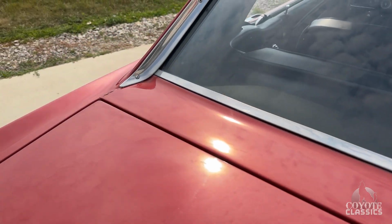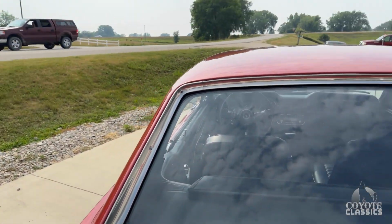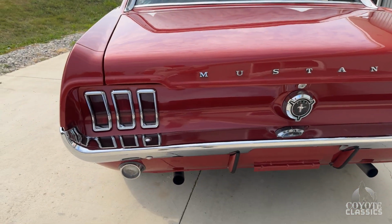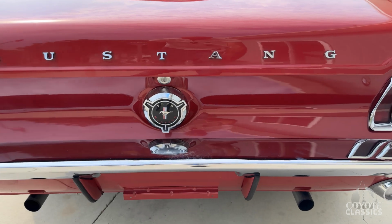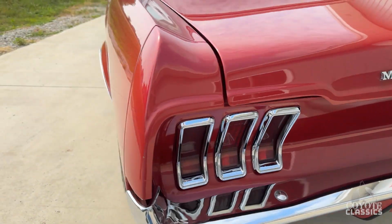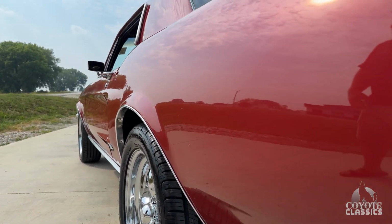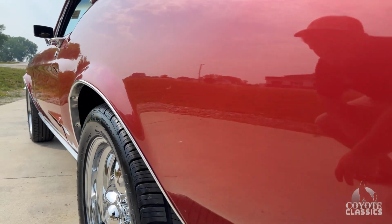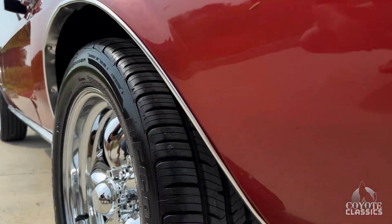Back window area is excellent. Back glass, back shelf is all nice. Chrome trim is great back here. Gas lid cap, bumpers all look good. It does have the bumper guards. As we look up and down the sides, very nice and straight. No bubbles or blisters here in the rear quarter. A couple of rock chips, but...